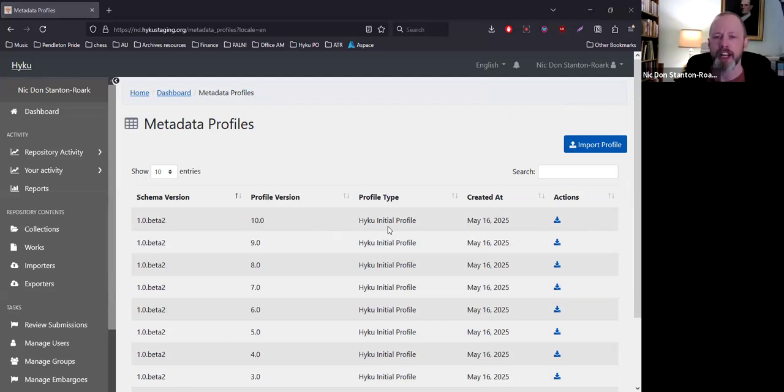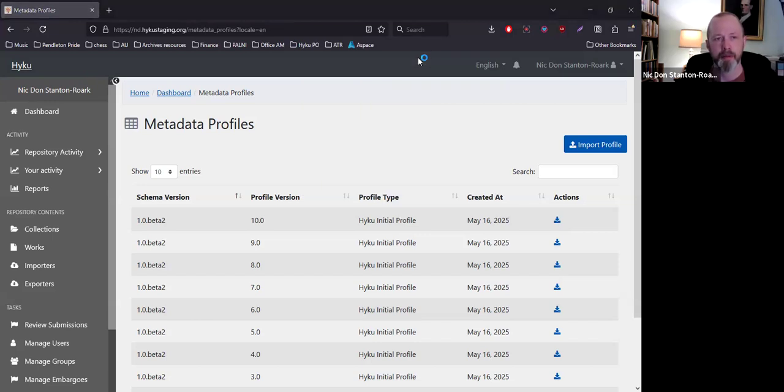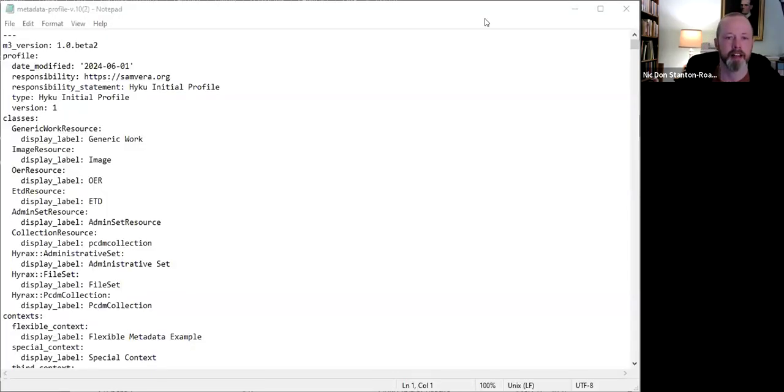And so in order to make changes, what you would do is have access to the most recent YAML file. And if you don't already have access to that, you can just download it here. So I'll download that and open this. And I realize now that you cannot see my notepad because I'm only sharing Firefox. So give me 1 second. Okay, so this is the file I just downloaded, the version 10 metadata profile